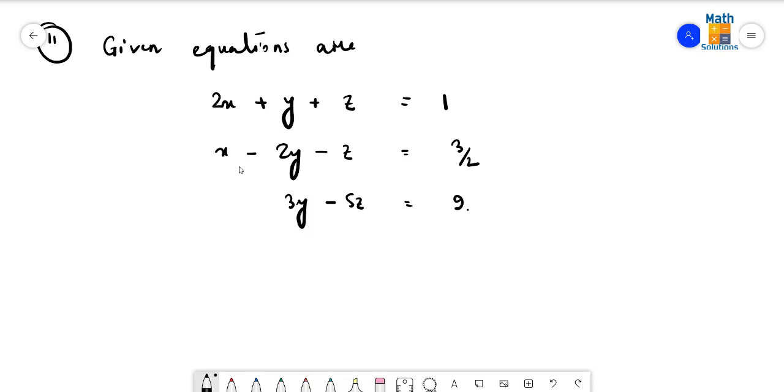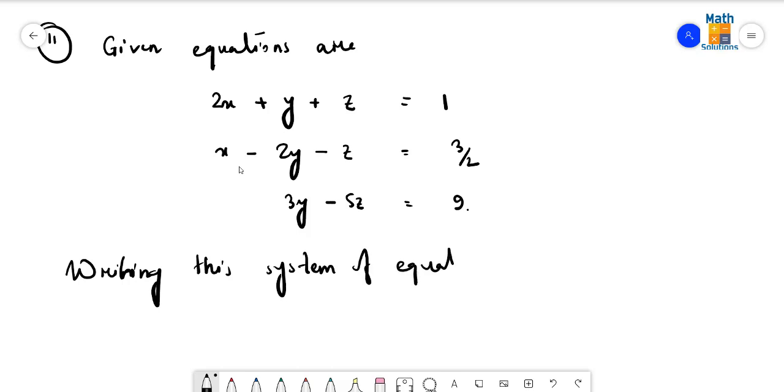So I shall start writing. This is to be written in the form AX equals B. So I shall be writing this system of equations in AX equals B form such that